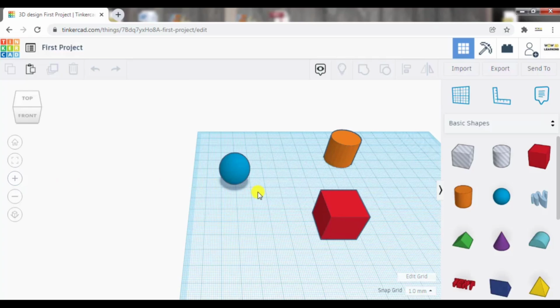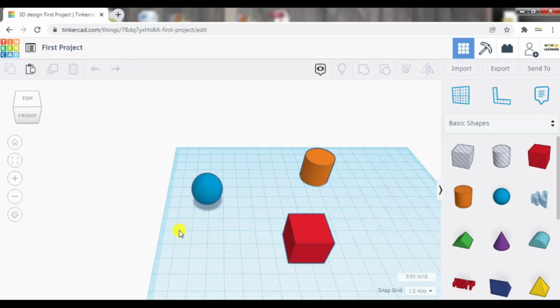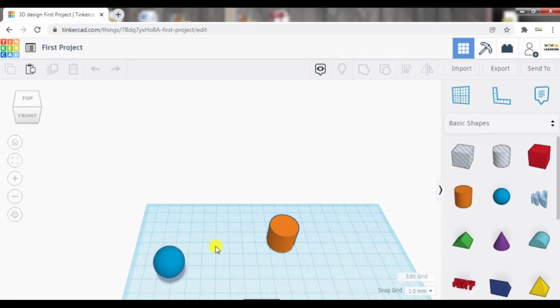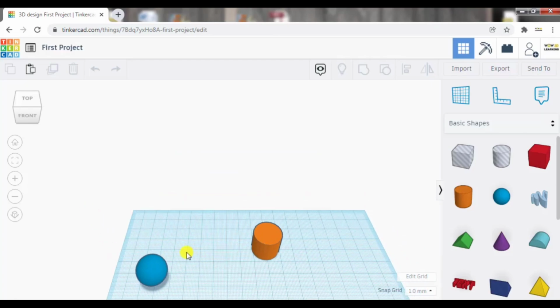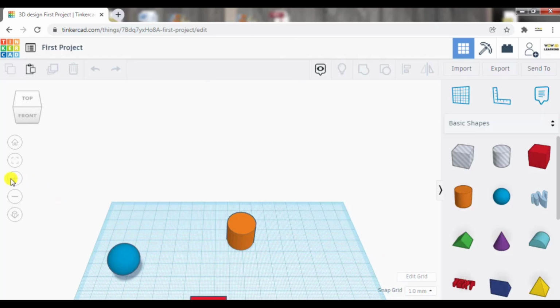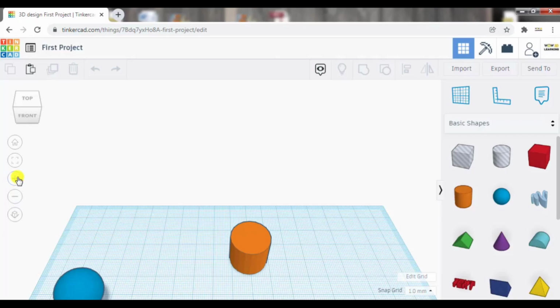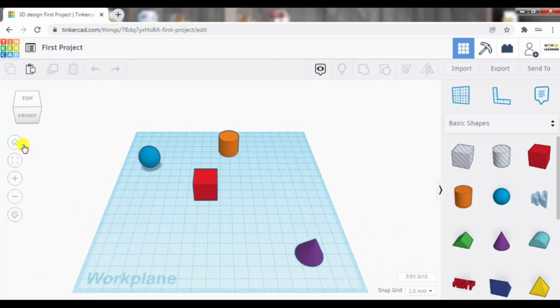Now if I press shift and right click again and I want to focus on cylinder, I can just drag around. Again I drag around to left, and now if I press zoom, I can zoom into cylinder. If I press home button, I will be back to my initial view.